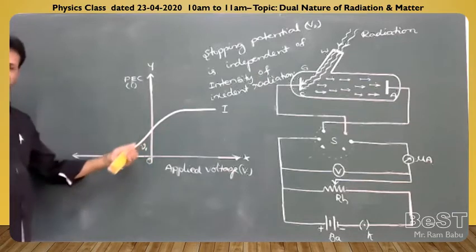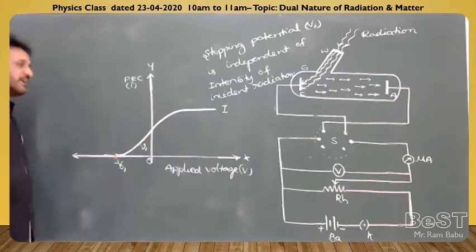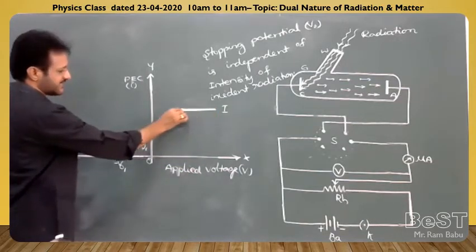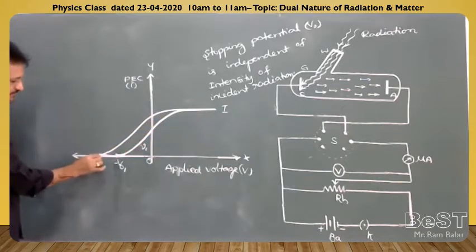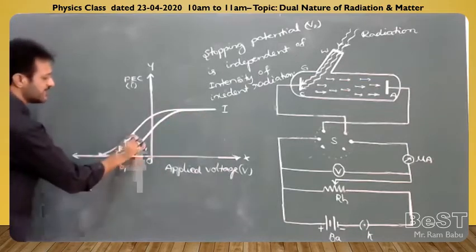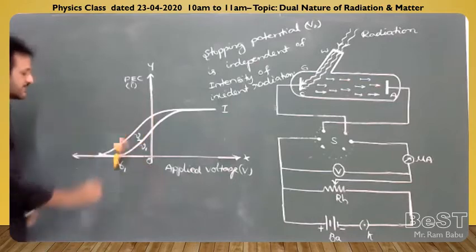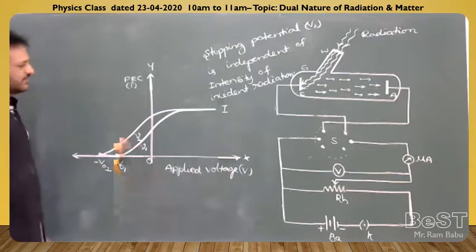Frequency of the radiation is equal to nu 1, and the stopping potential I am taking as V01. Now, keeping the intensity of the light constant, only the frequency of the light changes. Now we are observing the same graph like this. Check here, the intensity of the light is constant, only the frequency of the light changes to nu 2. Whenever the frequency of the light changes, the stopping potential also changes to V02, with the same intensity